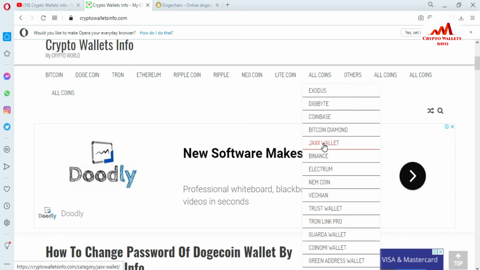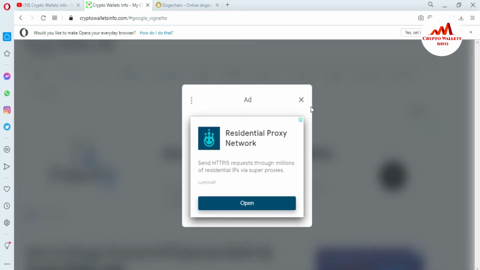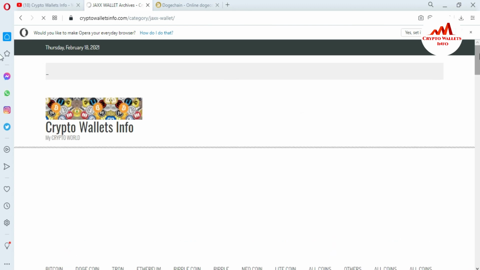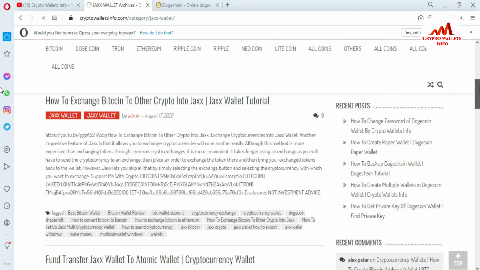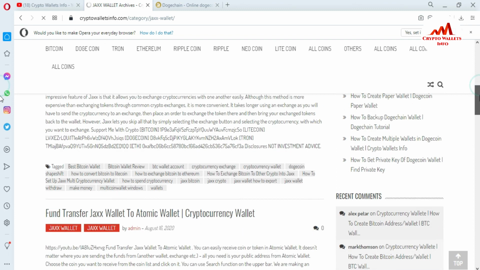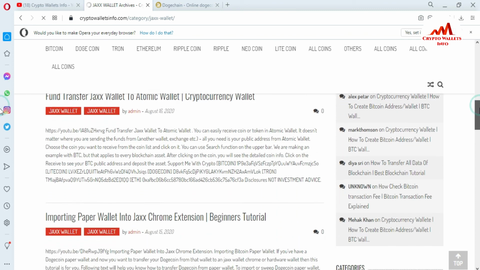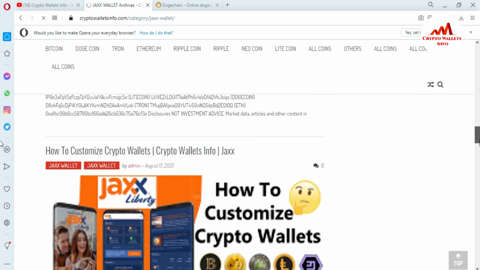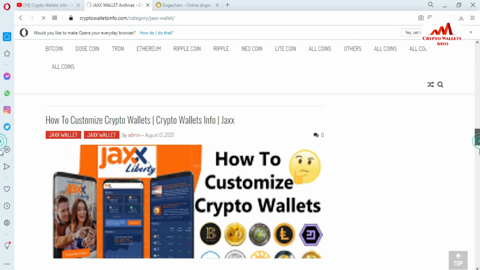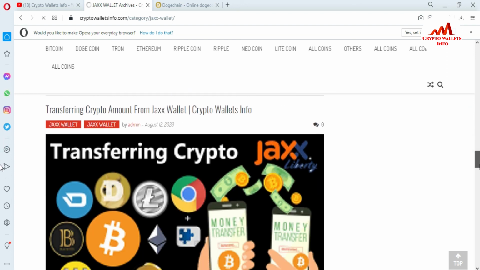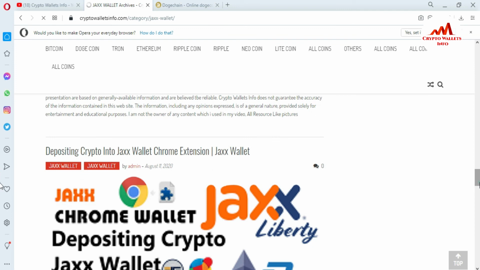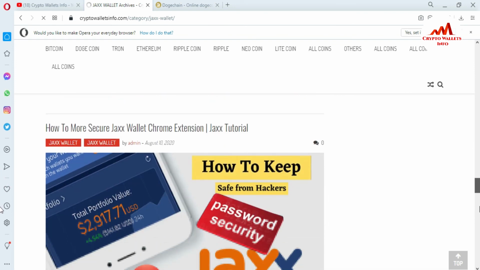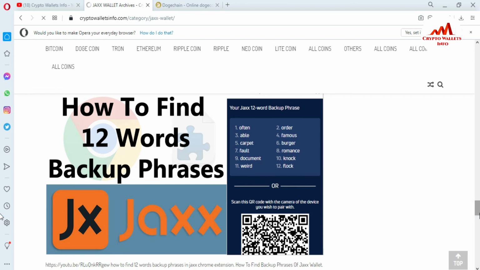Just click on the Jaxx Wallet tab and close the ad. A new page will open where you will get all the information about Jaxx Wallet, such as how to exchange Bitcoin to other crypto, fund transfer from Jaxx Wallet to Atomic Wallet, importing a paper wallet into the Jaxx Chrome extension, how to customize crypto wallets, transferring crypto from Jaxx Wallet, depositing crypto into the Jaxx Wallet Chrome extension, and how to make the Jaxx Wallet Chrome extension more secure.